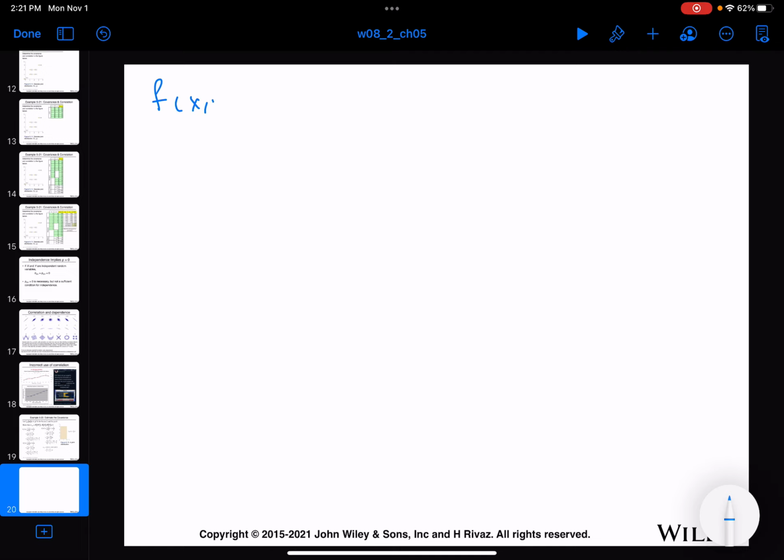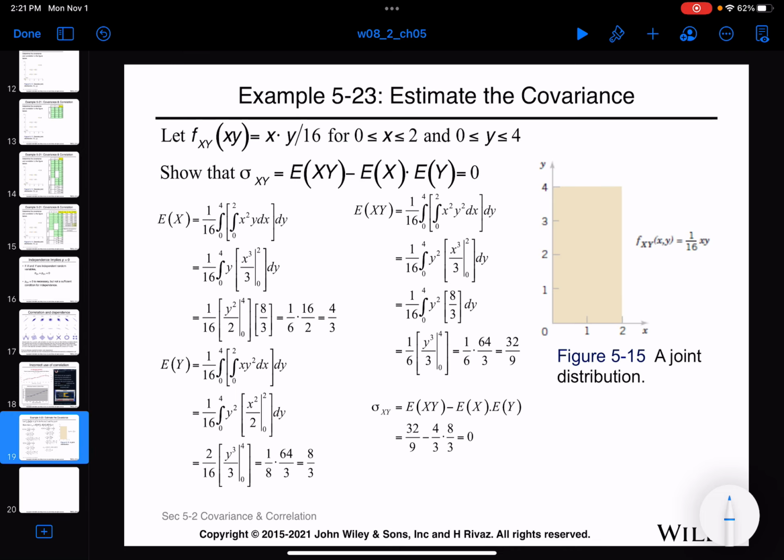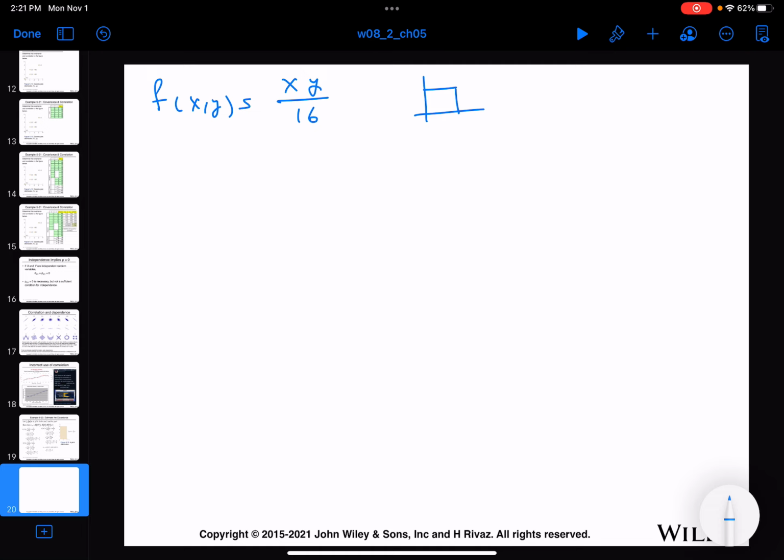F of x and y is xy divided by 16 and is defined in this region, 0 to 2 and 0 to 4, right? So this is 2 and this is 4. X and y, right? So I want to calculate the covariance between x and y. Covariance, like the conditional probability, the first thing we have to do is find the marginal PDF,